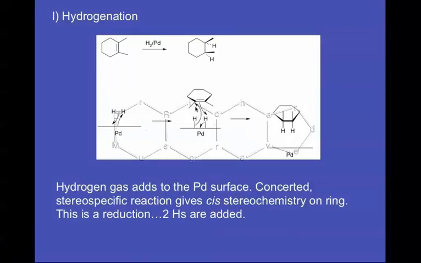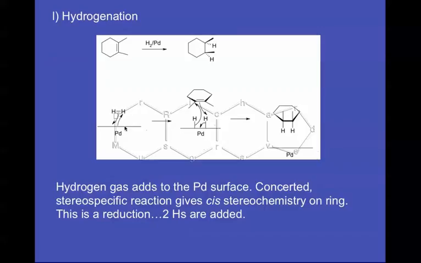I'd like to talk about hydrogenation, and specifically I'll talk about hydrogenation of a ring, an alkene ring, because this does have stereochemical consequences. The first step in hydrogenation is that we have hydrogen and there's a palladium catalyst. Now the palladium catalyst is typically a metal that's been adsorbed or bonded onto something like carbon, and then what